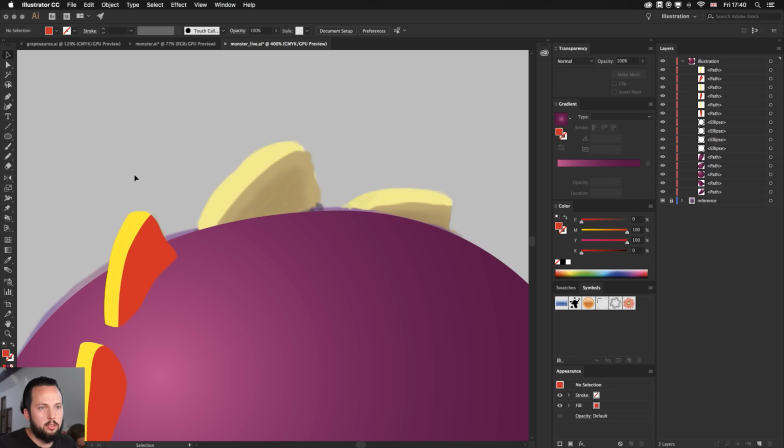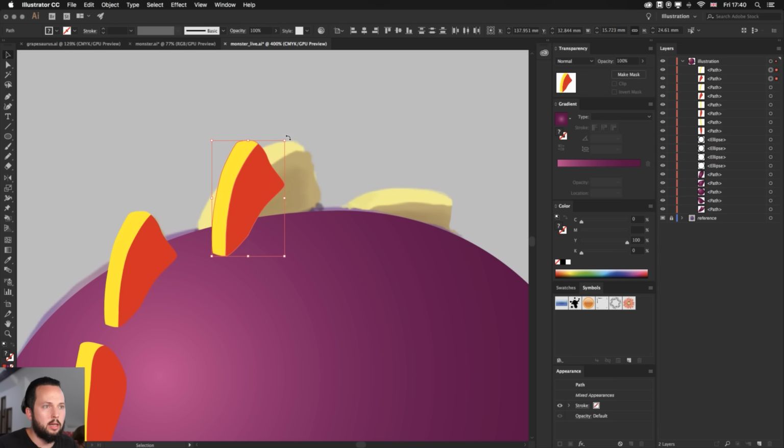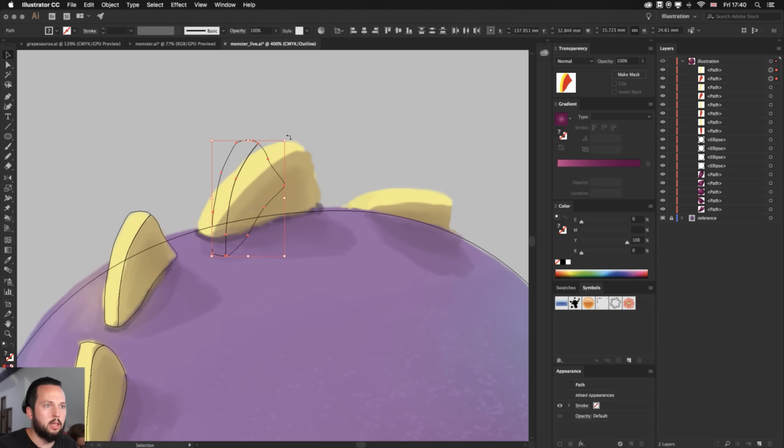Once more, these two shapes I think we can use quickly to duplicate onto here. And I'm going to use the outline mode so I can just see what I'm doing. So there we have this next detail.